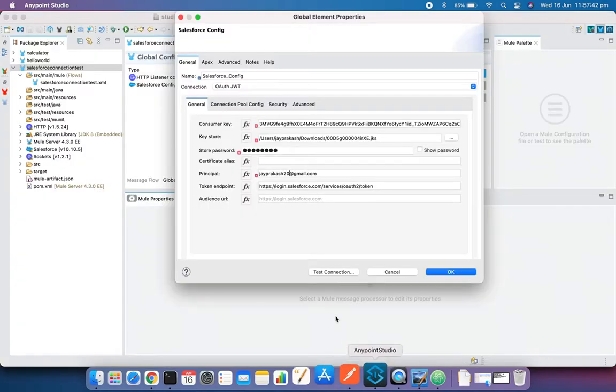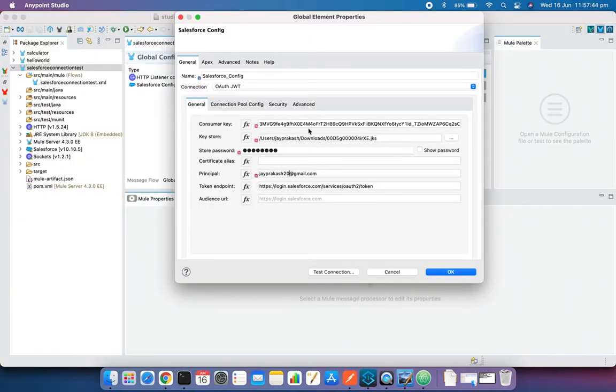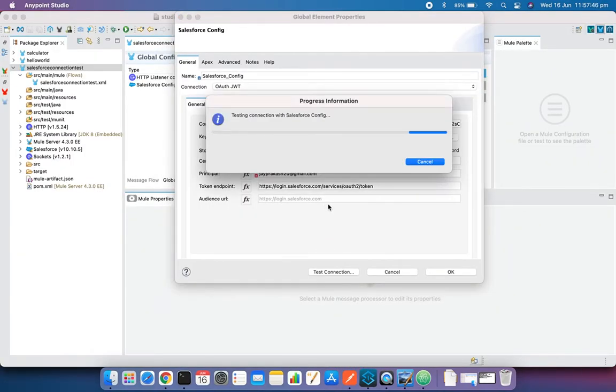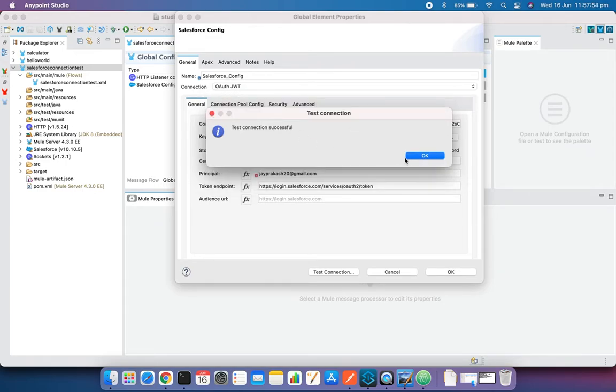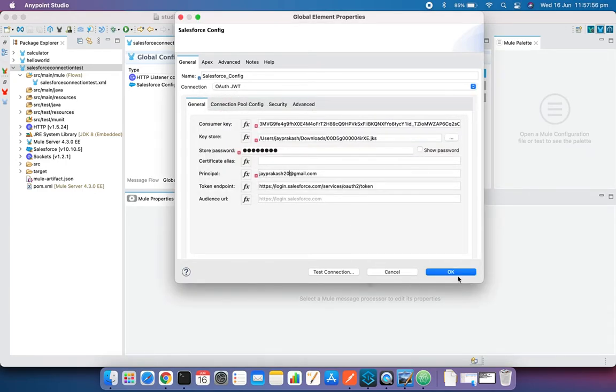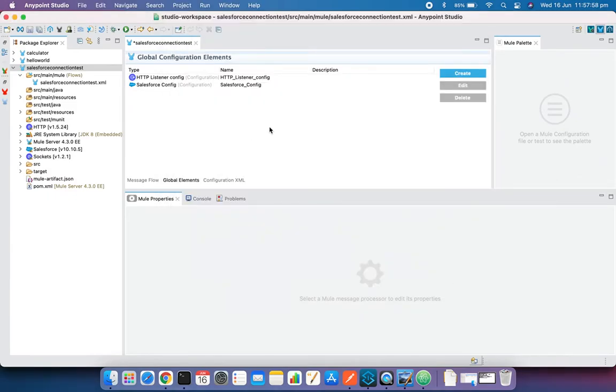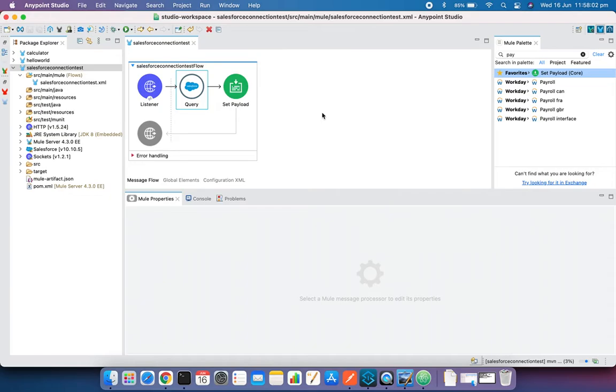Okay, now we are here. We are able to establish connection with this connection type OAuth JWT. So we are good, and we can say okay, and here Control S,